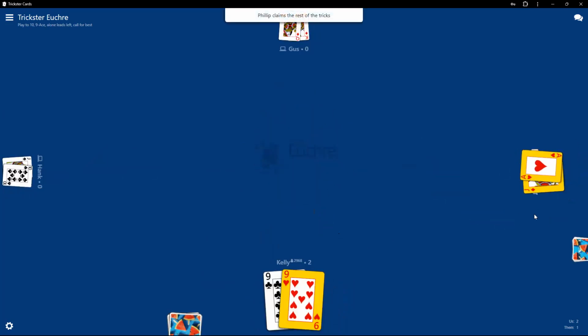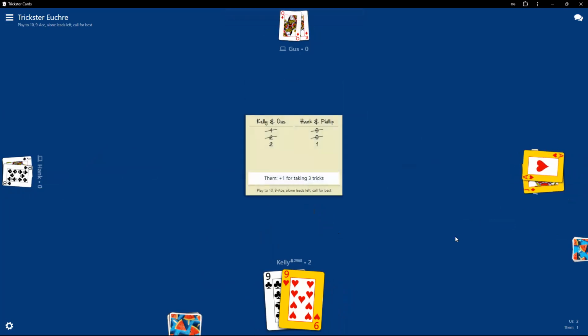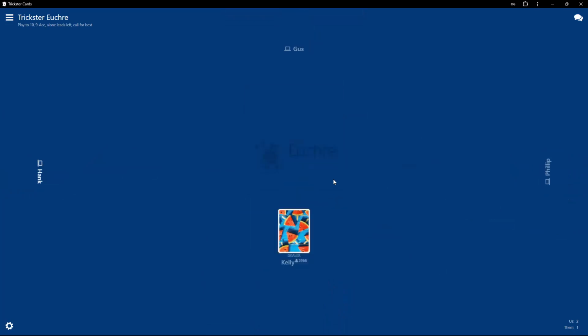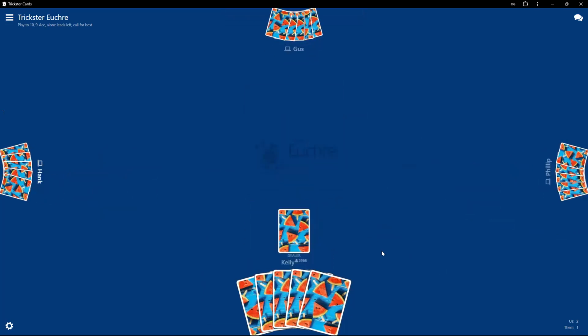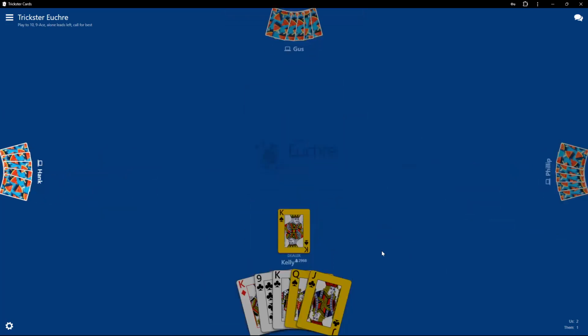Okay, so it automatically played these 2 cards because it knew it was boss. Once in a while, if you're playing and you have the boss cards, it'll ask you, do you want to play both at the same time? But that's rare, and I've never figured out how it decides that.